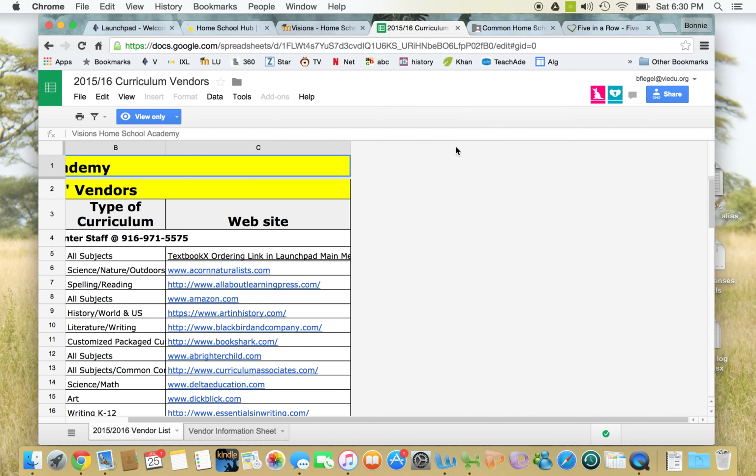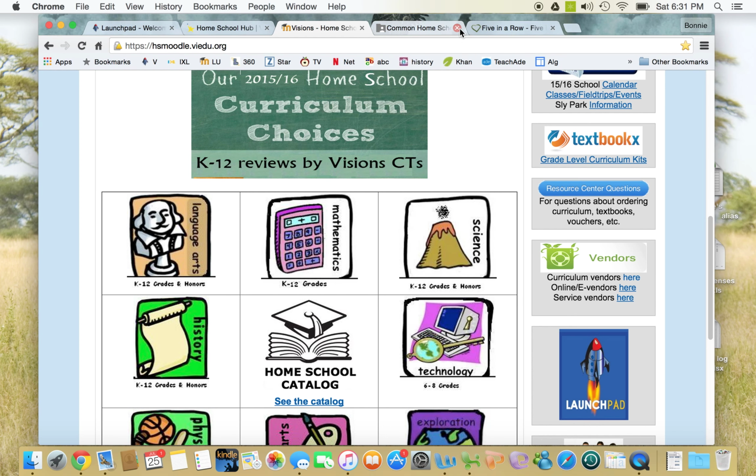So that's your curriculum vendor. So you could go in and look and see. And as you see, there's a website there, so you can click on that, and the website will open directly so you can read about it. We also have online vendors that would be like Alex Math, something like that, and we have service vendors, which